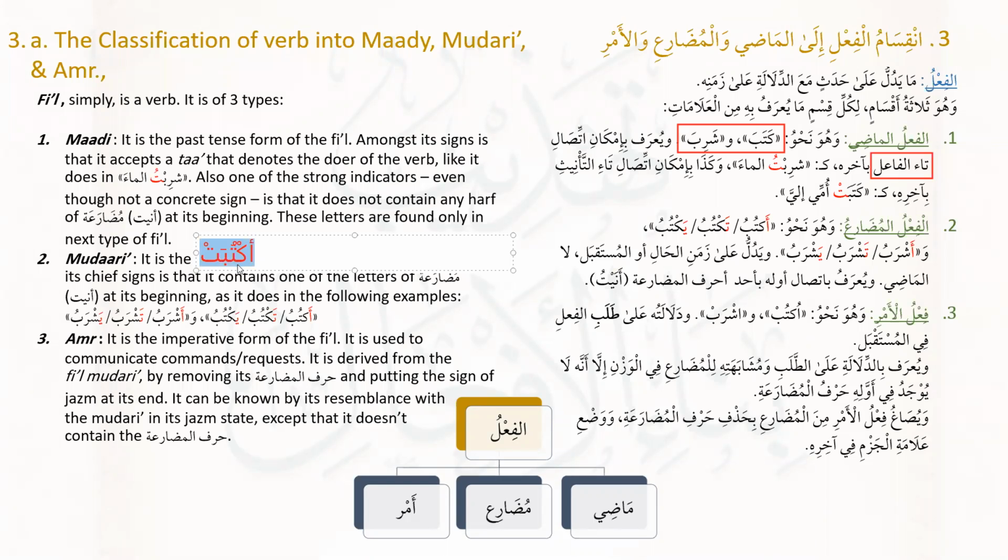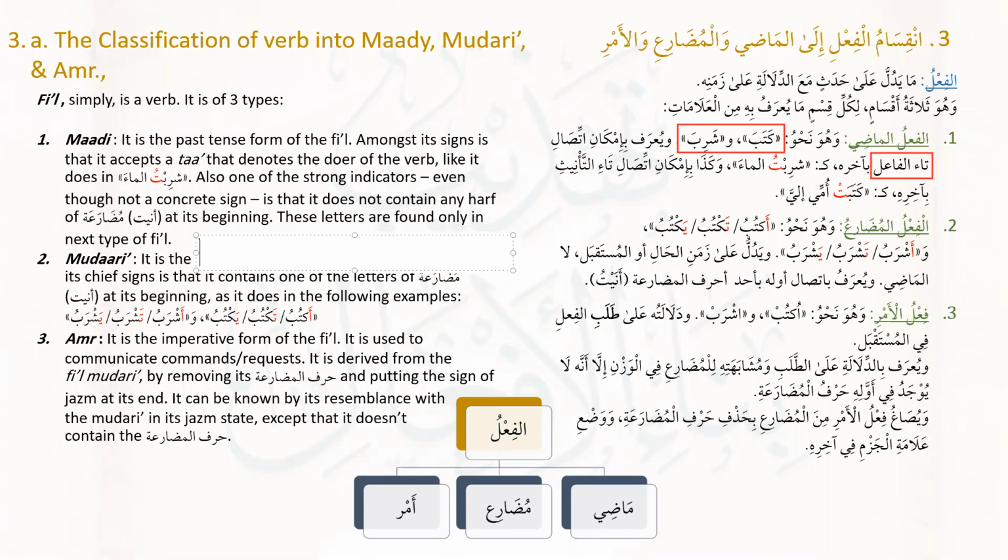So this is how we use the alamat of fi'l madi. You put it at the end of a verb and have a look and check. If it sounds familiar, then it is perhaps fi'l madi. If it doesn't, then it must be something else. طيب. Also, I'm simplifying this for you guys, even though you have already known what is madi, mudari, and amr, but because there are a few brothers who are relatively new, who didn't attend the Nahu class, that's why I need to explain this again.